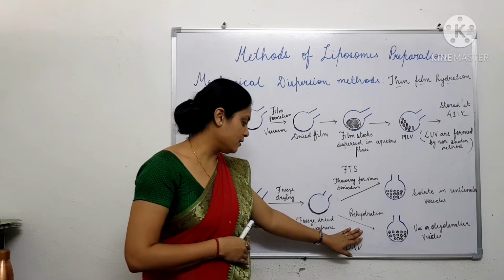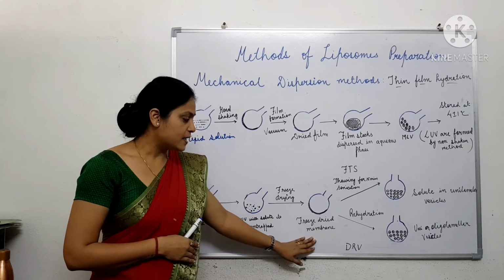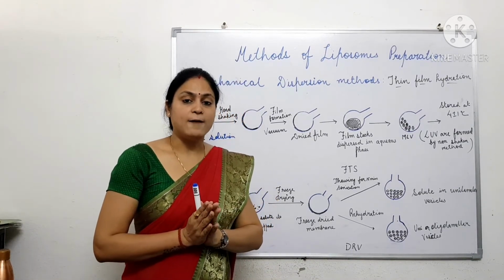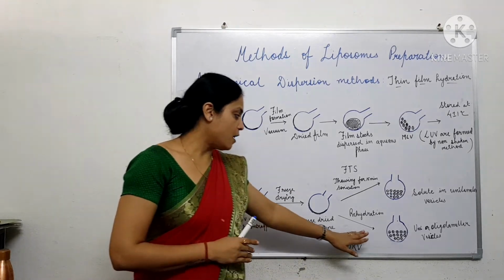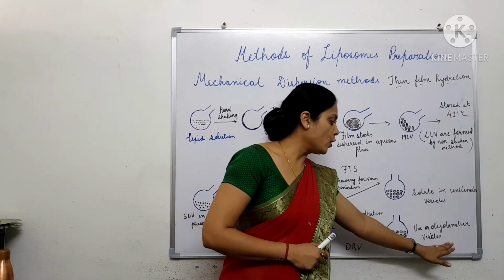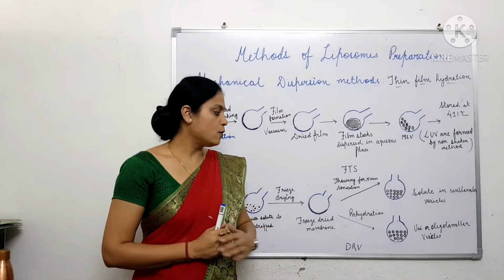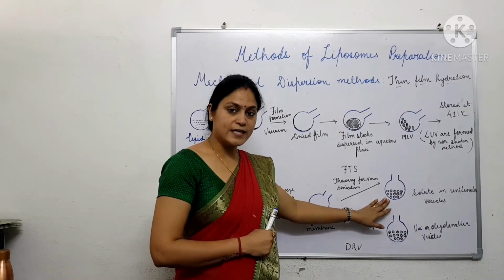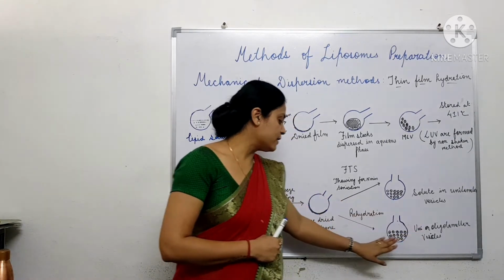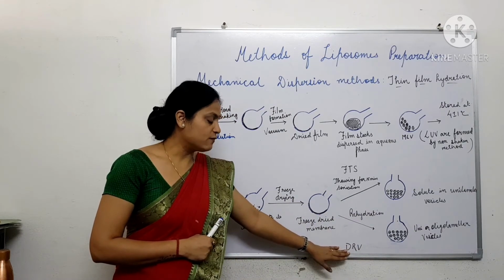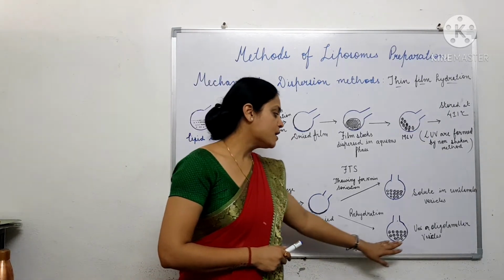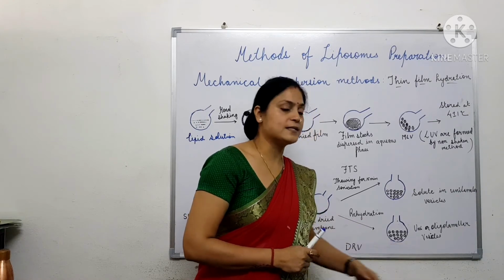Whereas in the case of dehydrated reconstituted vesicles, this freeze-dried membrane is again rehydrated with the aqueous solution in which the solute to be entrapped is dissolved, and after rehydration they result in the formation of unilaminar or oligolaminar vesicles. So with the help of the freeze-thaw sonication method, unilaminar vesicles are formed, and with the help of the dehydration-rehydration method, unilaminar and oligolaminar vesicles are formed.